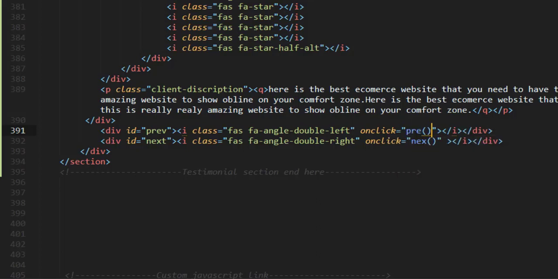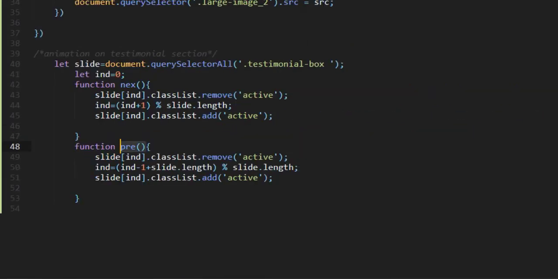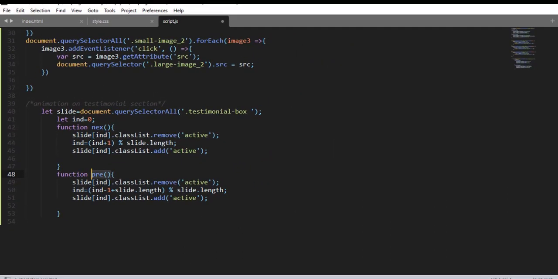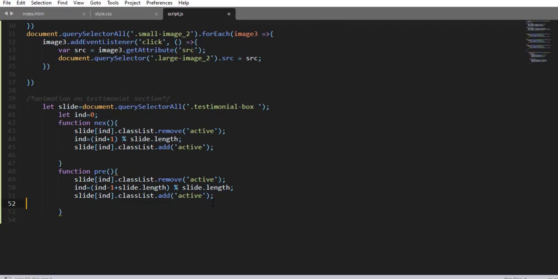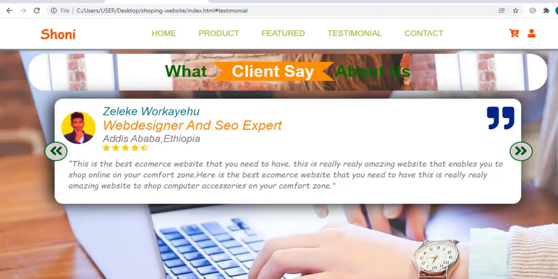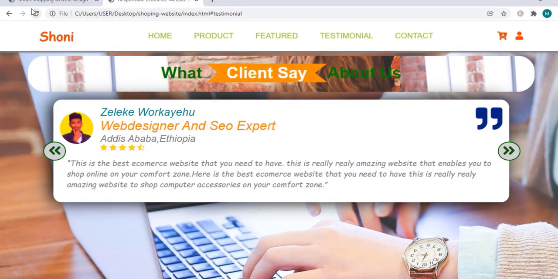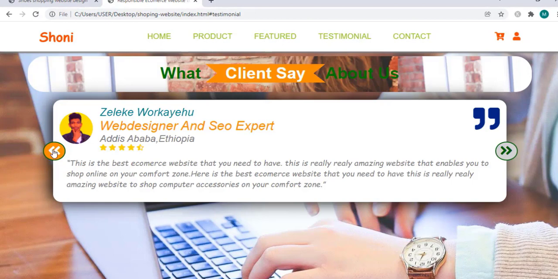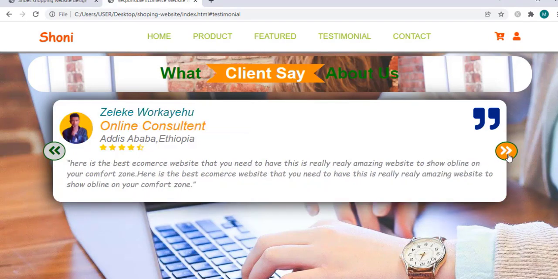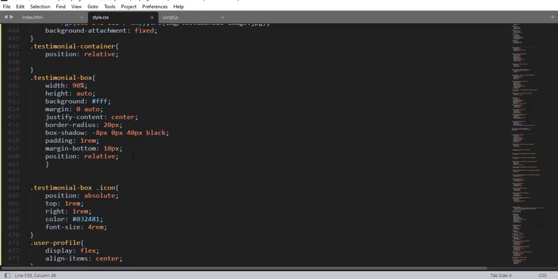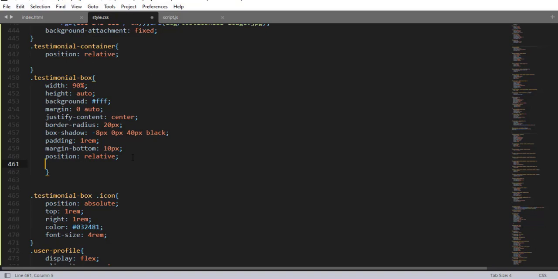All right. Now when I save and refresh, here we have, again save again. So when you click, you see that's it. When you click the right button right here, that's it. Now let me add